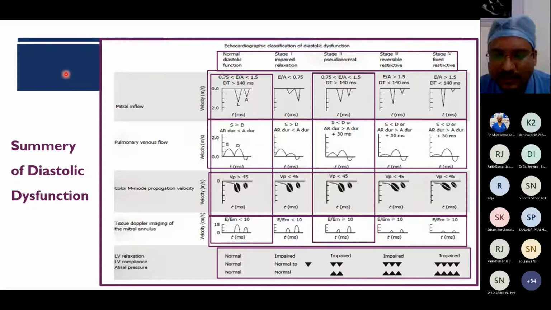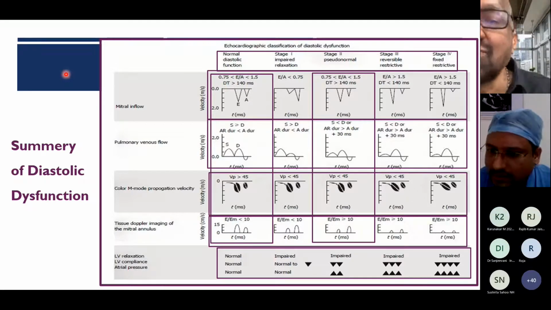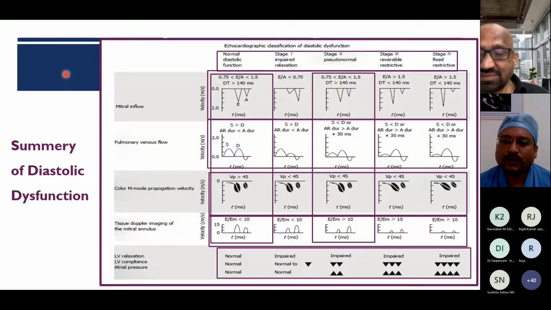Sir, your voice is not very audible. Can you increase it, sir? See, if you do mitral valve replacement, do you do TDI of the tricuspid annulus? TDI of a tricuspid annulus is for the right ventricular function assessment, sir. You can very well go ahead with the TDI of the tricuspid valve, provided there is no annuloplasty done for the tricuspid valve. In a tricuspid valve annuloplasty, you may have an underestimation of the right ventricular function.